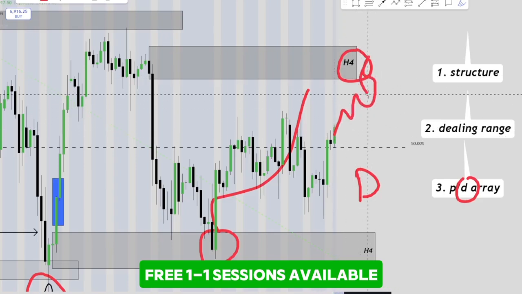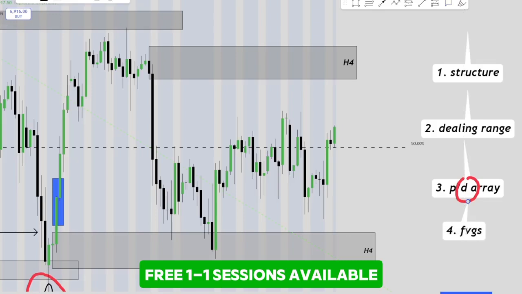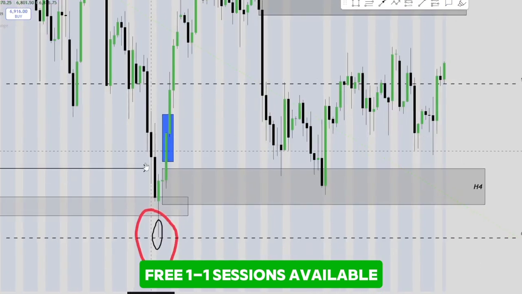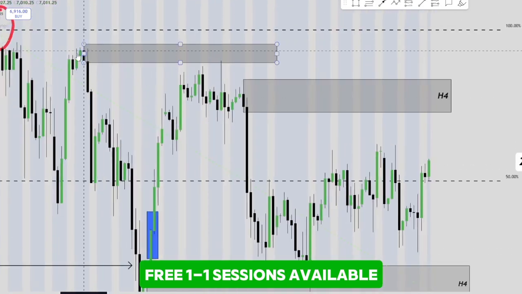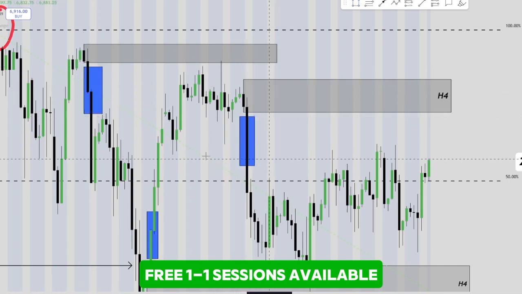From a higher time frame perspective, the reason we were bullish is that we were in the discount. Once you have the discount, the next thing you're looking for is those fair value gaps, and these fair value gaps link to the key levels. So this is a key level and this is a key level here for the same reason, because price has left a fair value gap just over here and price has left another huge fair value gap here. And we know what the market does is it fills